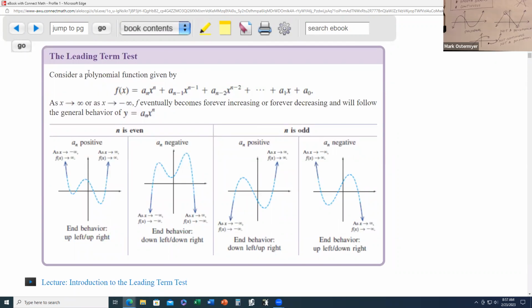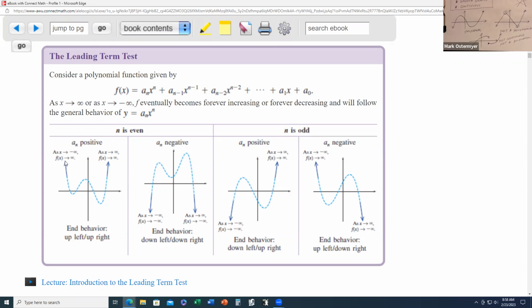This theorem can indicate to us the leftmost and rightmost behavior of the graph of a polynomial function, just based on its degree and the nature of its leading coefficient. For instance, if I have an nth degree polynomial where my leading coefficient is a sub n, then we say that if n is an even number, in other words, if I have an even degree polynomial, like a second degree or a fourth degree or a sixth degree polynomial, etc., and my leading coefficient is positive,